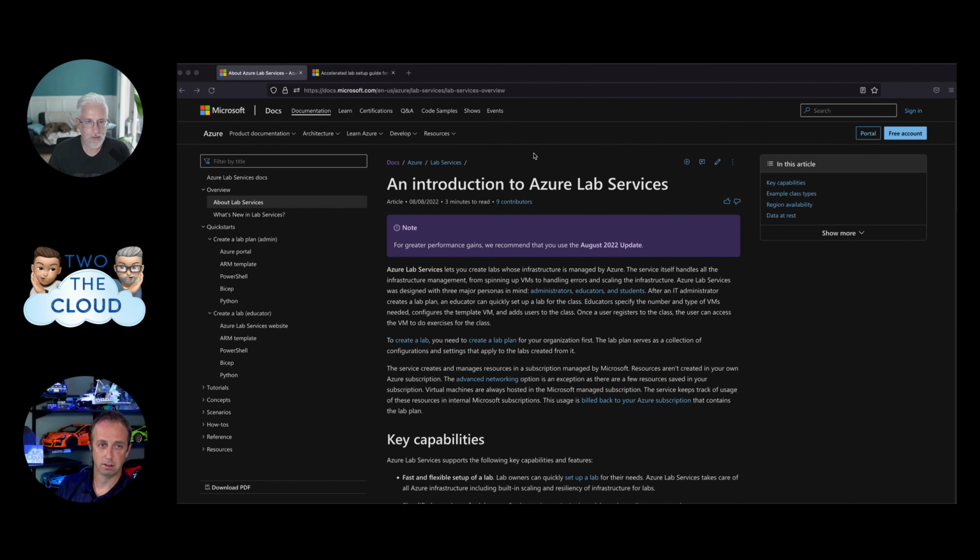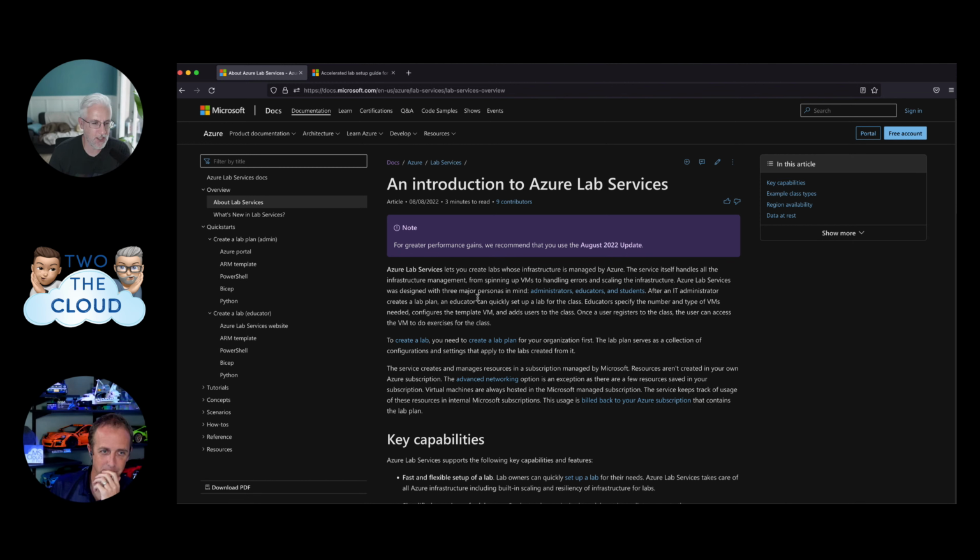So today we're going to chat, yes, about Azure Lab Services. Are you familiar with Lab Services? I am not familiar with Lab Services. I am familiar with the whole security lab stuff that you can do in Office 365. I feel like I've heard of Lab Services, but I could not actually tell you what it is without going in and reading the documentation. Look at that. Here's an introduction to Lab Services, Scott. There we go, just like that.